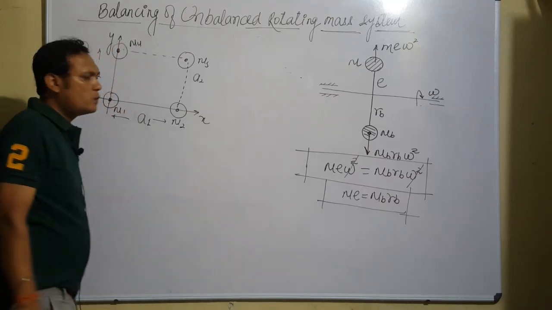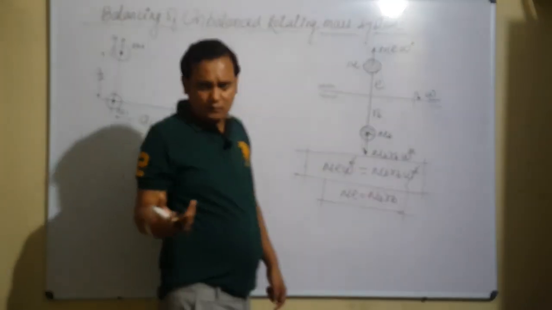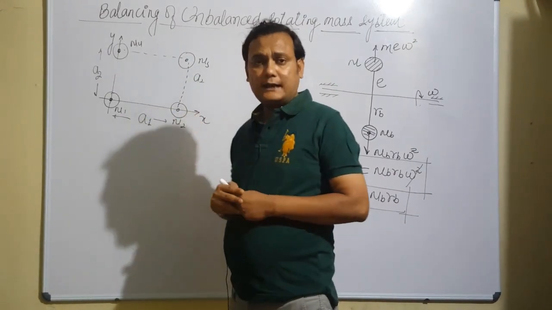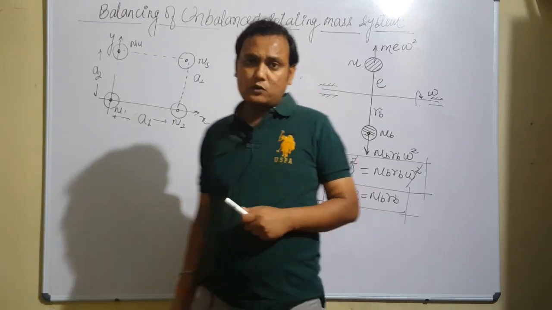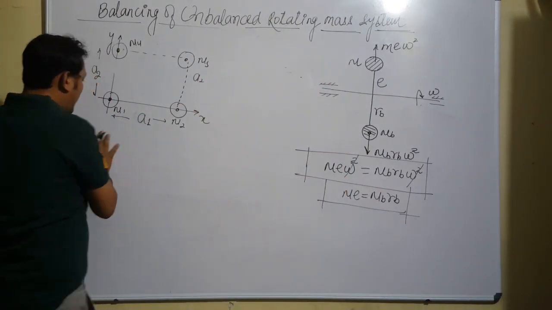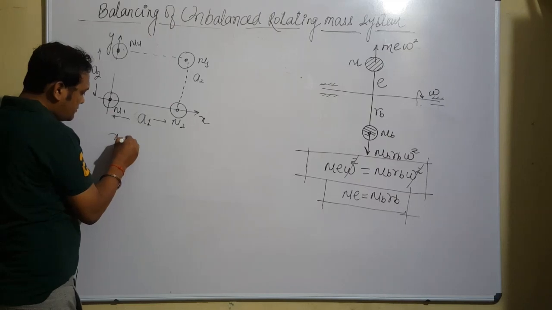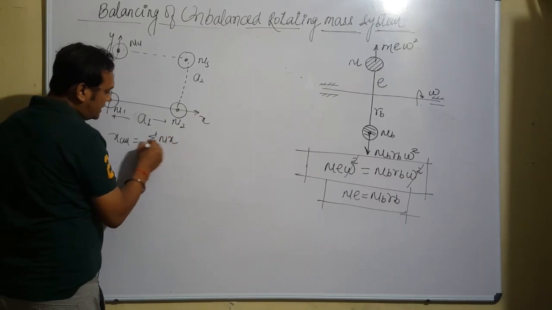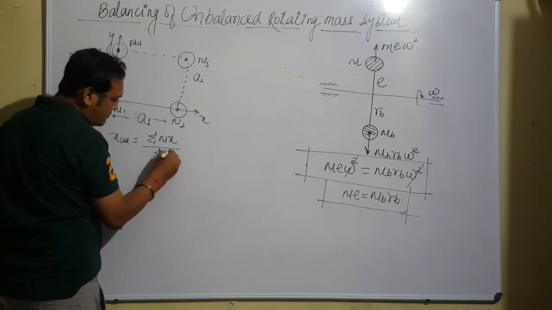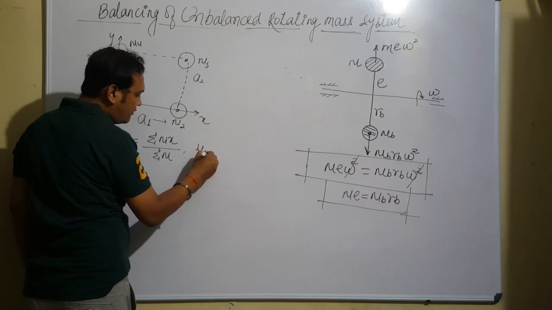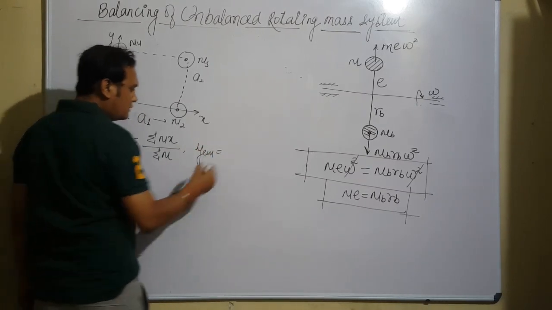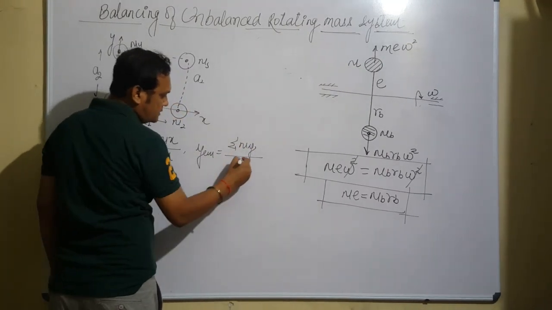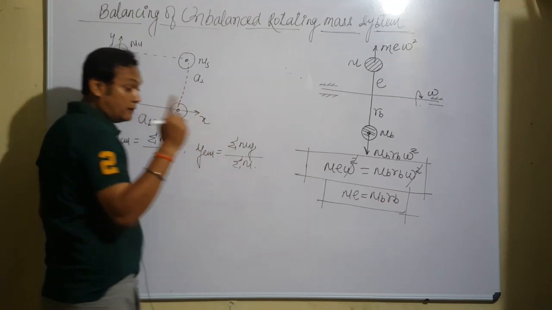And if I ask where is the center of mass, so from common sense you can say it will be at the mid of the rectangle. But there was a formula to calculate the center of mass which says the x coordinate of center of mass x cm will be given by summation of all m x divided over summation of m, and y coordinate of the center of mass will be given by summation of all m y coordinate multiplication divided over summation of all m. This is what you have learned.